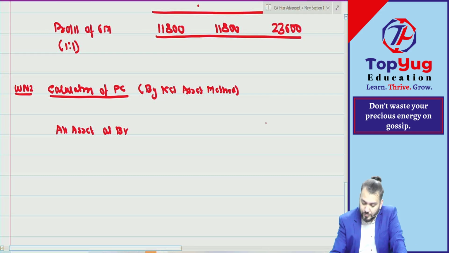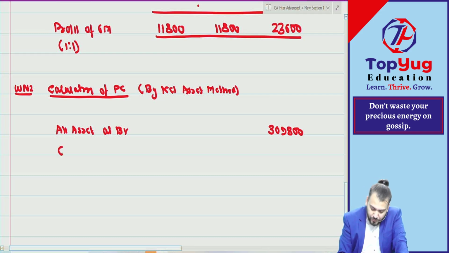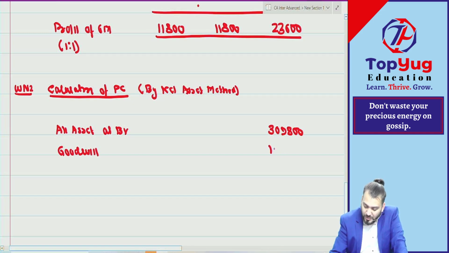How much? 3 lakh. Can I say in this we will add goodwill also? Goodwill how much is given? 1 lakh is given. It becomes what? 4 lakh